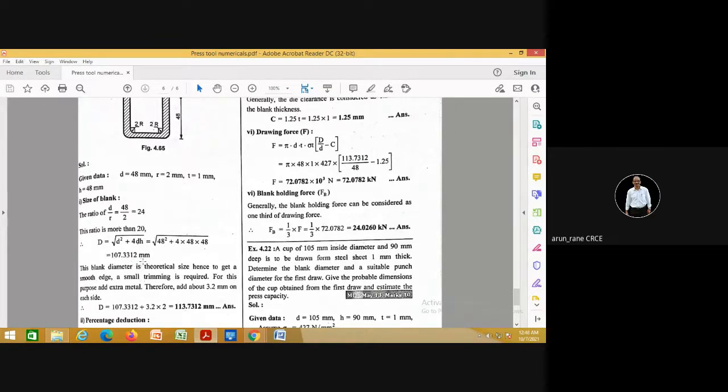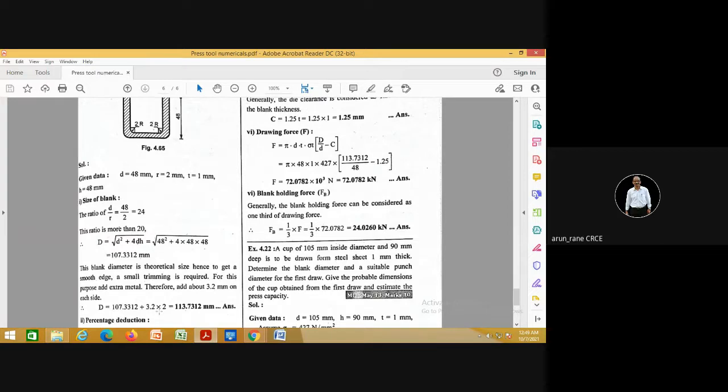Now yesterday I told you, now this is your finished size of the blank. Now what happens? You have to keep some allowance for trimming. So that allowance can be taken as 2 mm per side. Here it is taken 3.2, but 2 mm is sufficient. So in this now they have added 3.2. So let us go as per this.